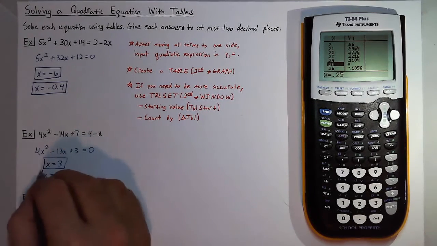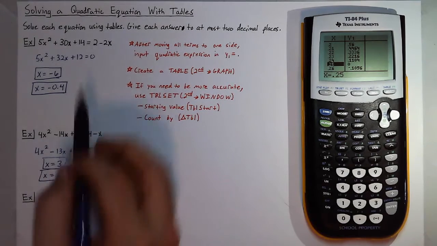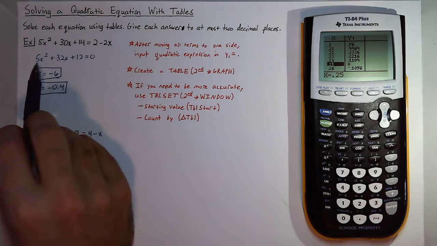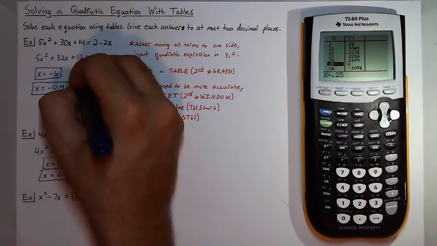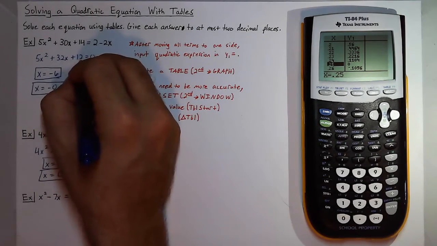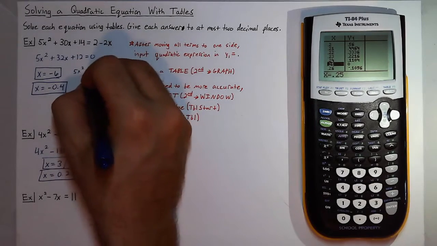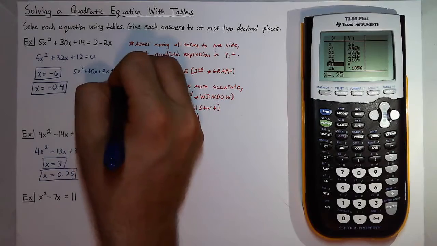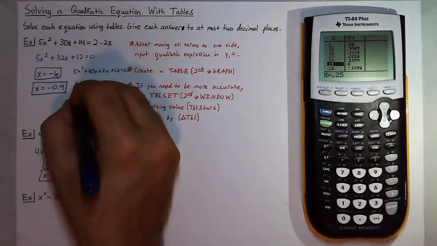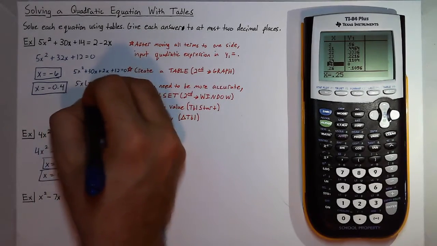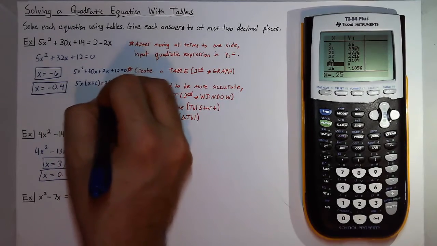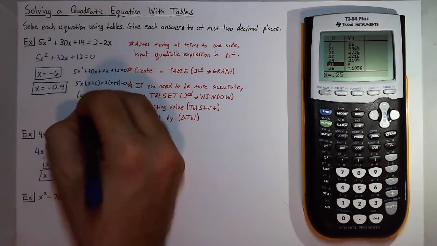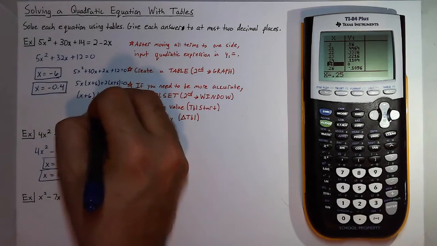Now I'll try this with one more example, because so far these two equations could have been factored. If I would have factored this, I would have had 5x squared, two numbers that multiply to 60 but add to 32. So that'd be 30 and 2. And I could have grouped them, and they would give me 5x times x plus 6, factor out a 2 times x plus 6. And I would have x plus 6 times 5x plus 2,